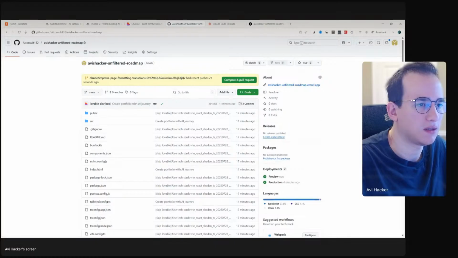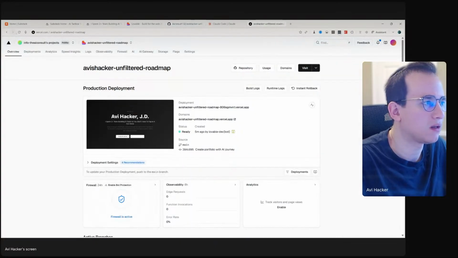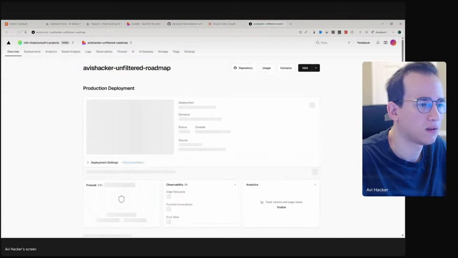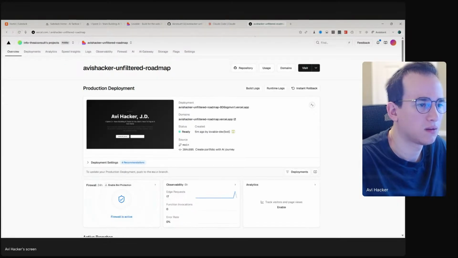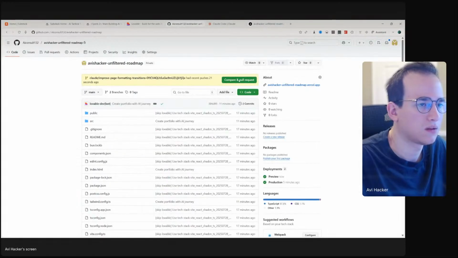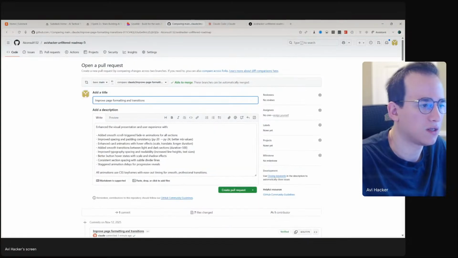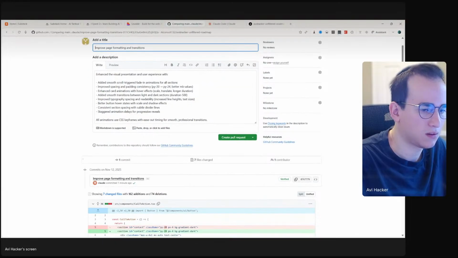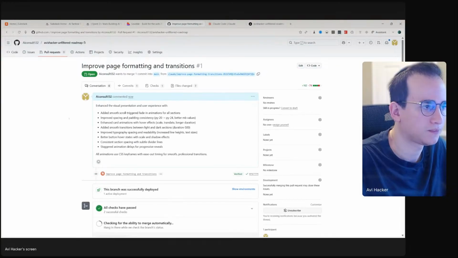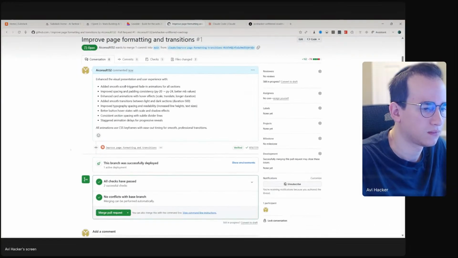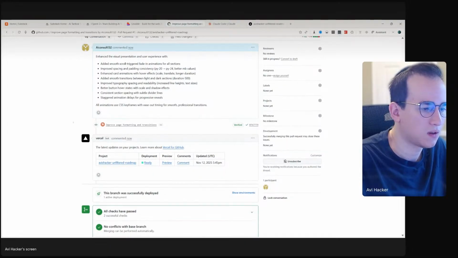And let me see if this automatically updated. Let's pull this request, and then you could see the different changes and what it did. And then we could do create pull request. Okay, so now what's